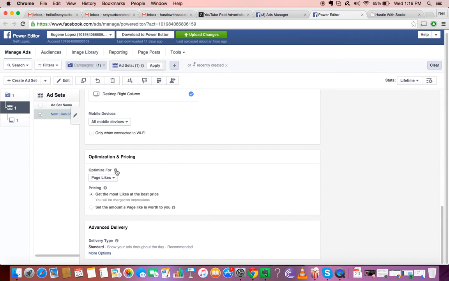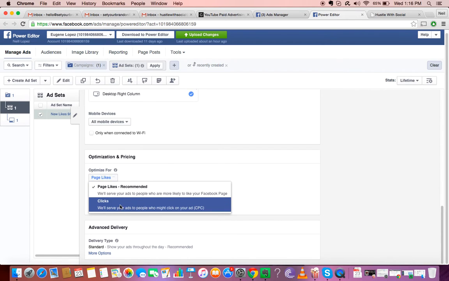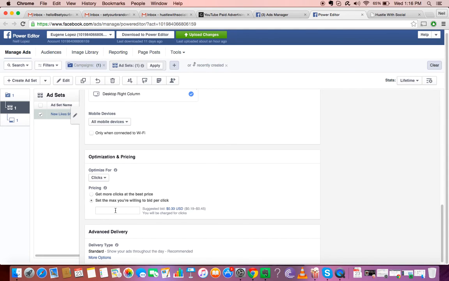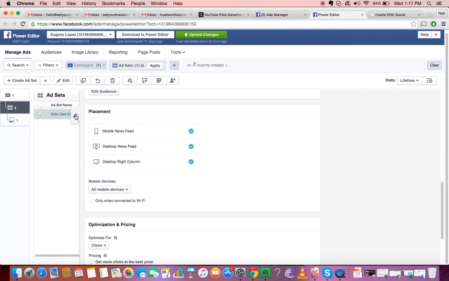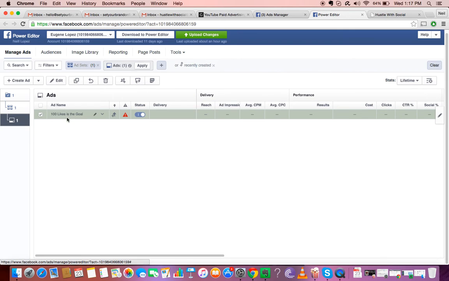So let's just say you go down here and you want to optimize for page likes. That's what they recommend. And then also you can say, hey, I want to set such and such dollars for my ads, or such and such cents for my clicks. It's going to give you a suggested bid, and then it's also going to tell you the range that you should be at. If you bid too low, let's just say you want to be El Cheapo, which hopefully you're not, and you say 10 cents, guess what? They're not going to display your ad because it's not worth Facebook's time to display an ad for low clicks. They don't make money that way. So you're not going to get in front of anyone. So I would recommend either doing get more clicks at the best price, or you can set your own depending on what they suggest, which is totally fine because if they're suggesting it, then they're going to put that ad out there. So once you have that done, click that arrow again, click once more, hit edit one more time,